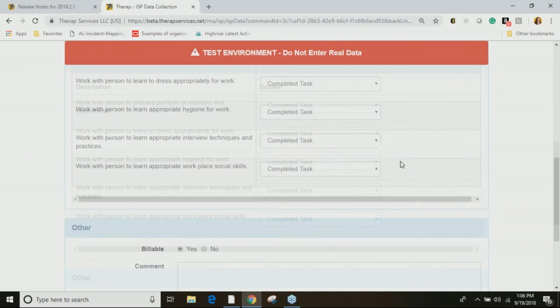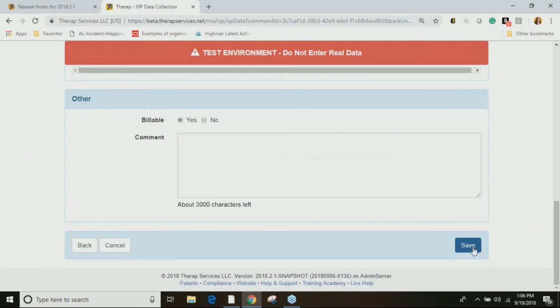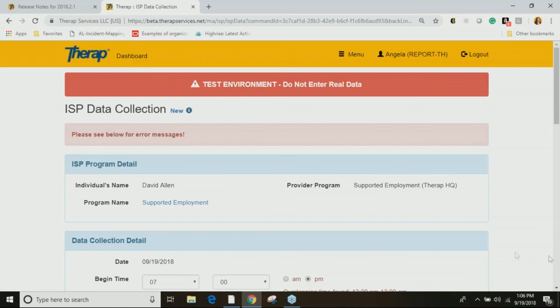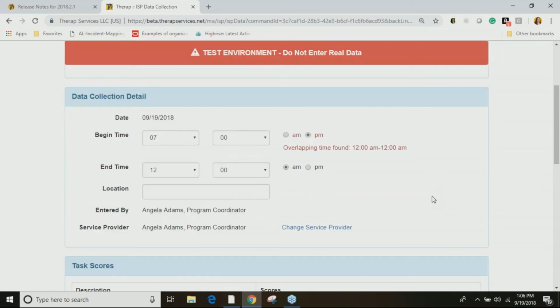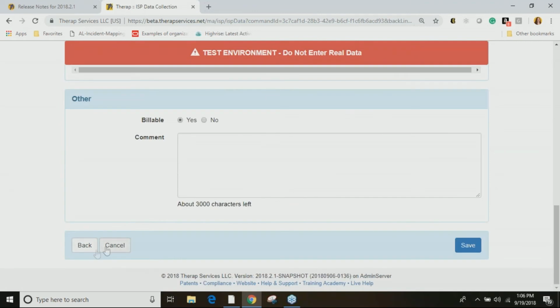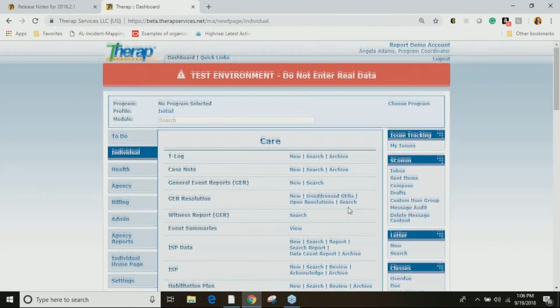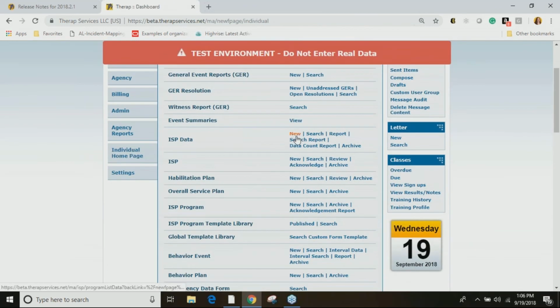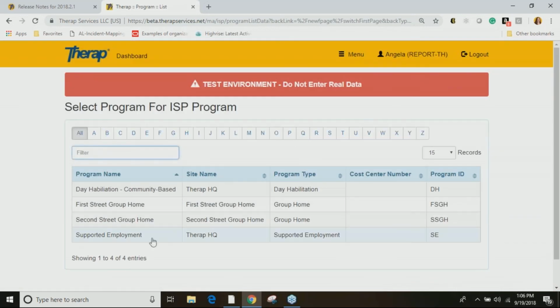Okay, so let me go ahead and submit that too. Not really paying much attention to the other details there, just focusing on the time change. Oh, I lied, because I already did this one for that same goal. Let me go to something else. I'll just go to a different day.